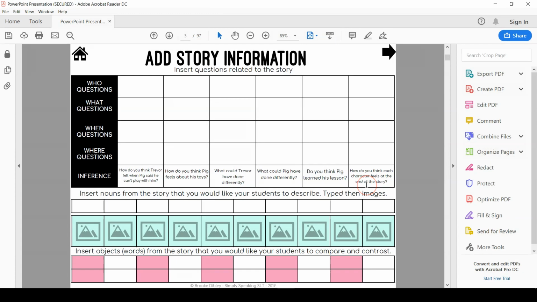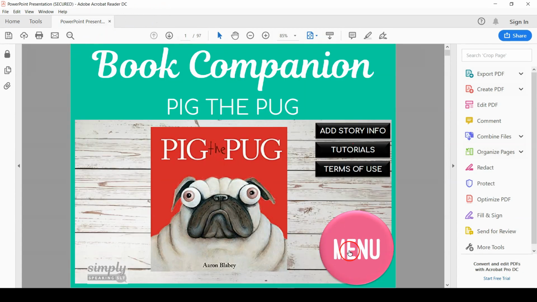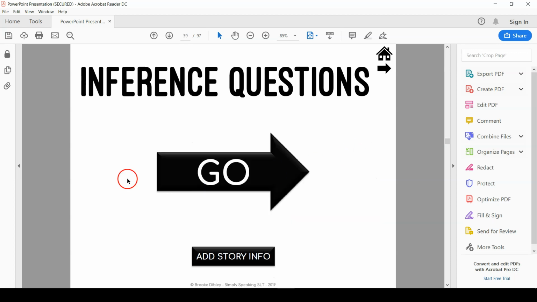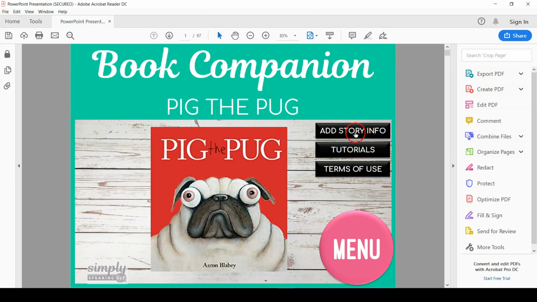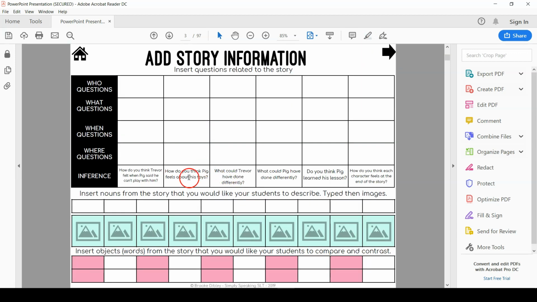Okay, so I've added in my information, and now if I go home to the menu area and I go to inference and I hit go, here are our questions up here, and then our students can type the answers in here, or if you're printing they could write them in. Otherwise you could just ask the questions and note down whether or not they were accurate in these areas. Okay, and then we go back to add our story information, and in here we also can add some nouns